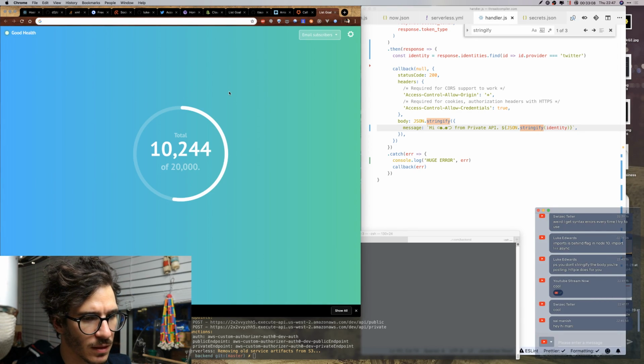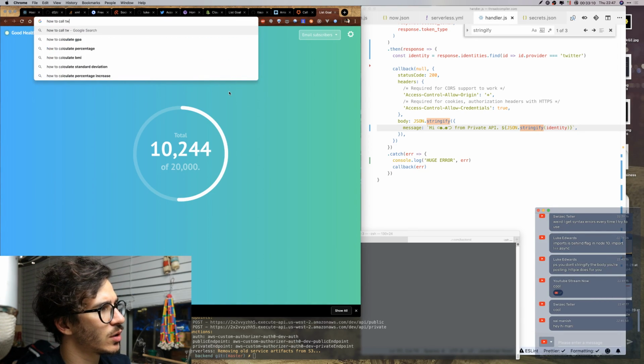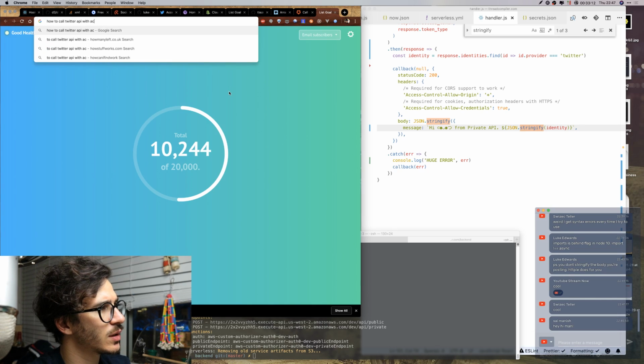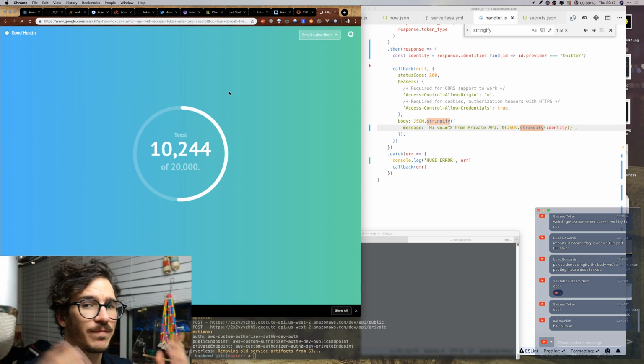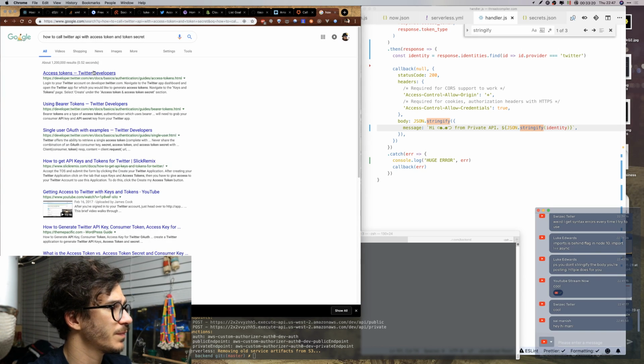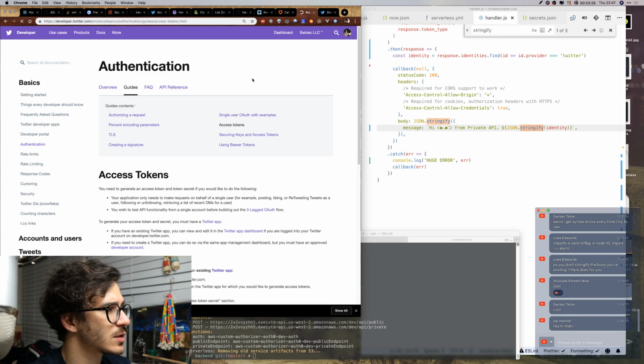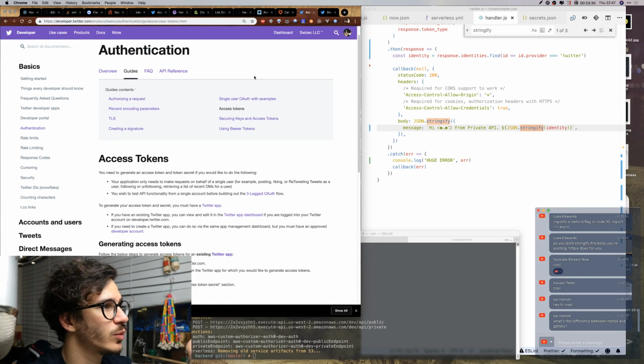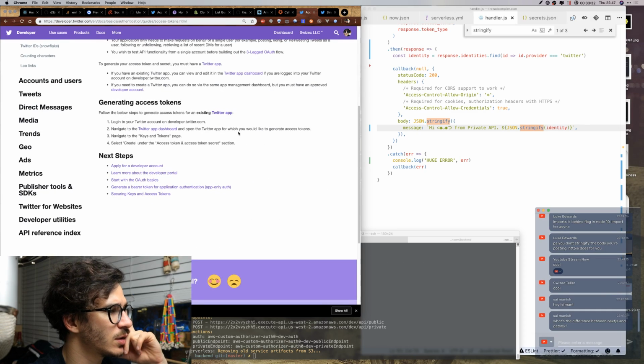Okay. How to call Twitter API with access token and token secret. Access tokens. Single user OAuth with examples. How to get API keys and tokens. So access tokens, that's a page I was already on.